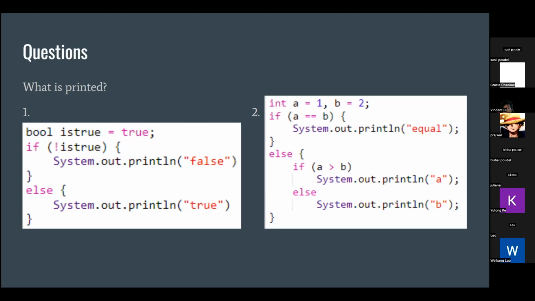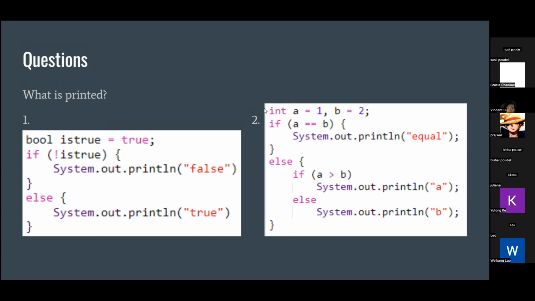Like what word is printed? Does anybody know what word is printed? I mean, there's only two possibilities here.